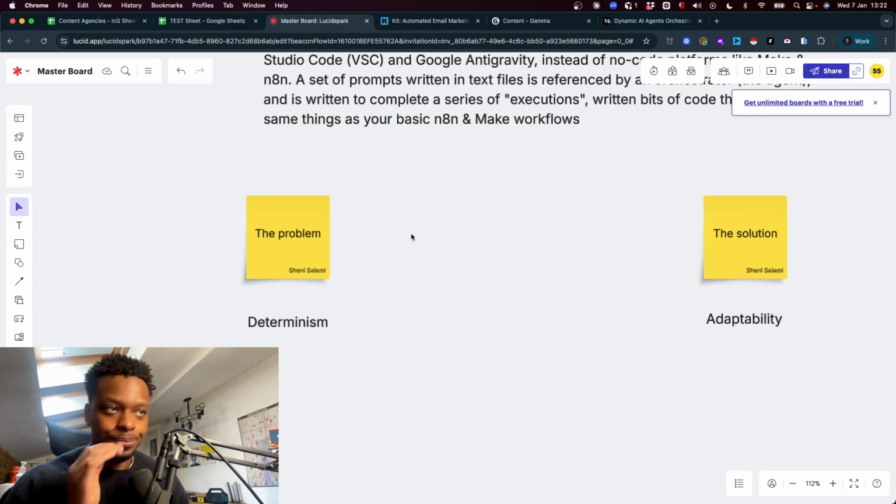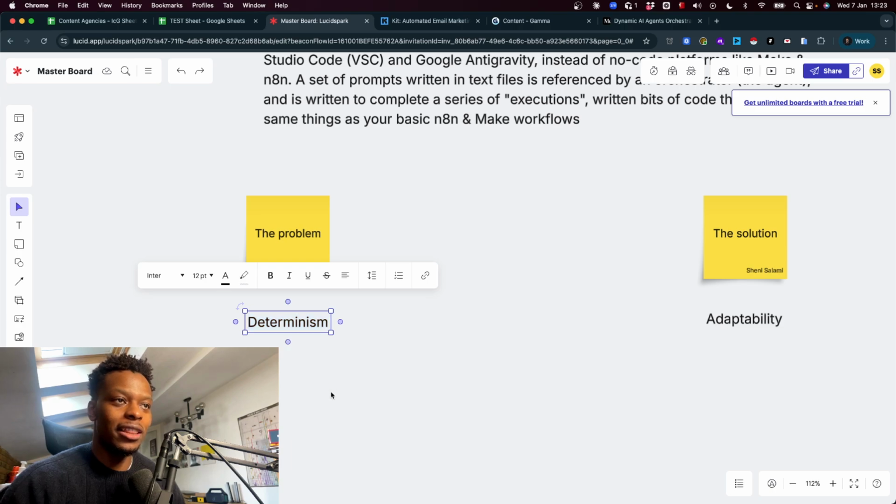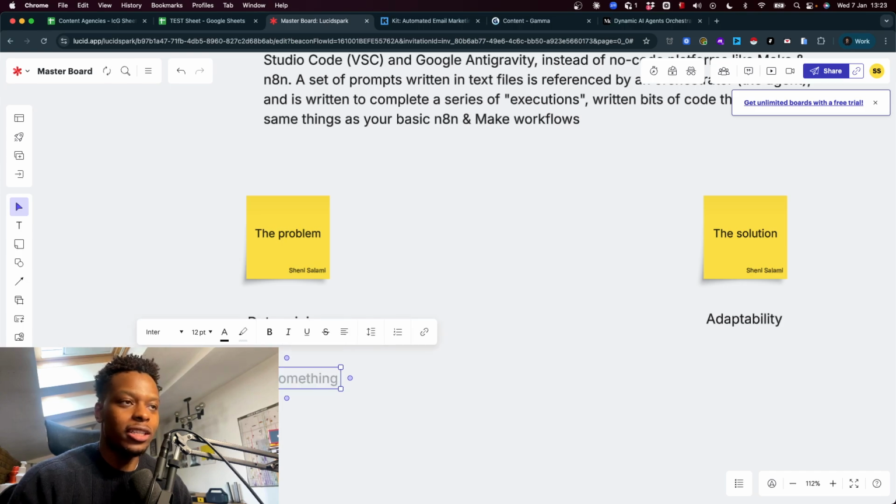So the real problem up until now, and this is something that I've noticed even in my own business as I've been building project management systems and CRMs in different businesses, the big problem is determinism. So what is determinism? Determinism is the need for things to be static. So for example, if I take the understanding of determinism and explain how it manifests whenever you're building things that you need in order to basically have code leverage in your business, the biggest blockers are